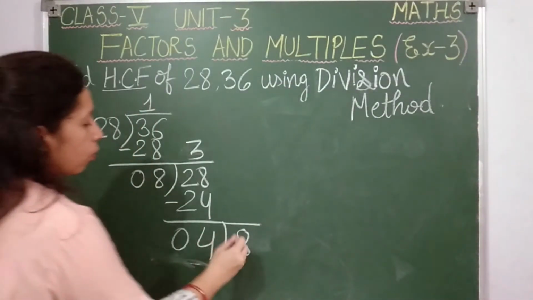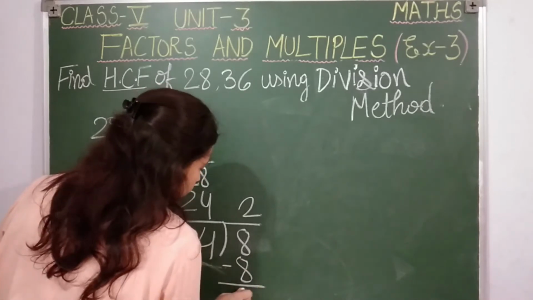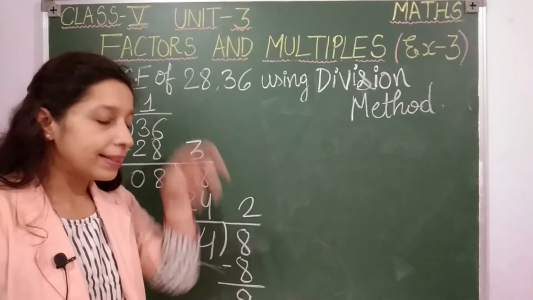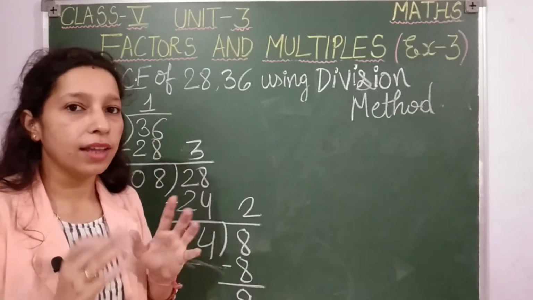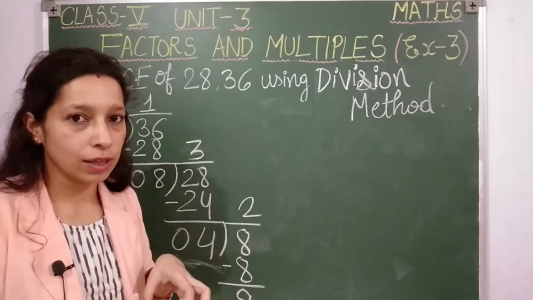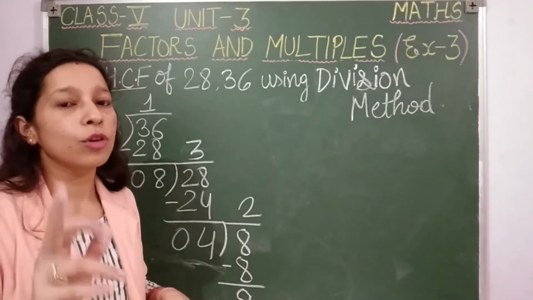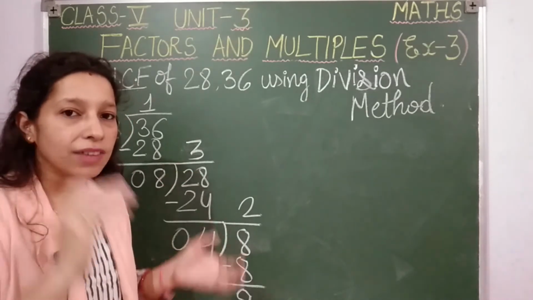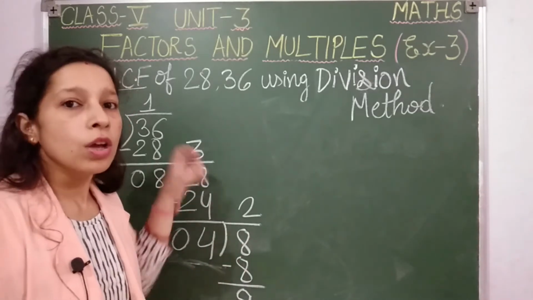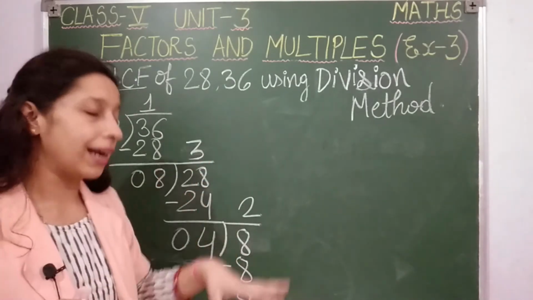Okay. Now 4 2s are 8. So 8 minus 8, 0. See, students, whenever you are finding the HCF with division method, that step where you will get the remainder as 0, that divisor will become your HCF, because by dividing the given dividend using that divisor, your remainder is 0, so that divisor will only become your HCF. The last divisor,